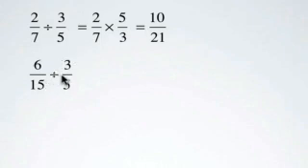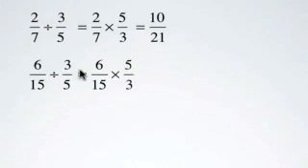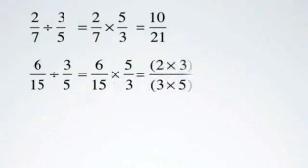6 over 15 divided by 3 over 5. Again, the rule for division says flip or invert the second fraction and change it to a multiply. Now we multiply our numerators and our denominators. However, in this case, if you realize that 6 is 2 times 3 and 15 is 3 times 5, we